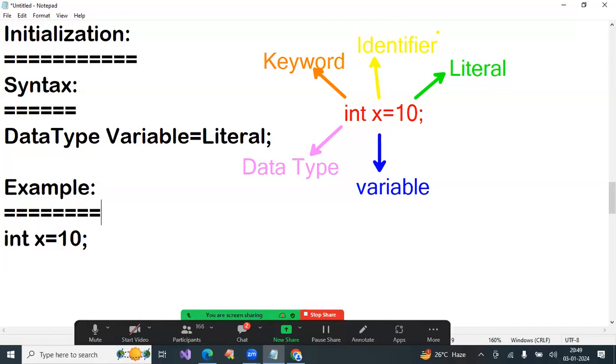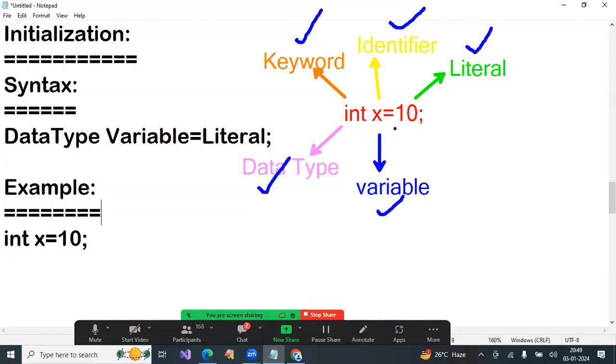See, whatever you studied, 5 concepts are there in one line. First, you studied identifier. Next, keyword. Next, literal. Next, data type. Next, variable. In one line only, the 5 concepts are present.